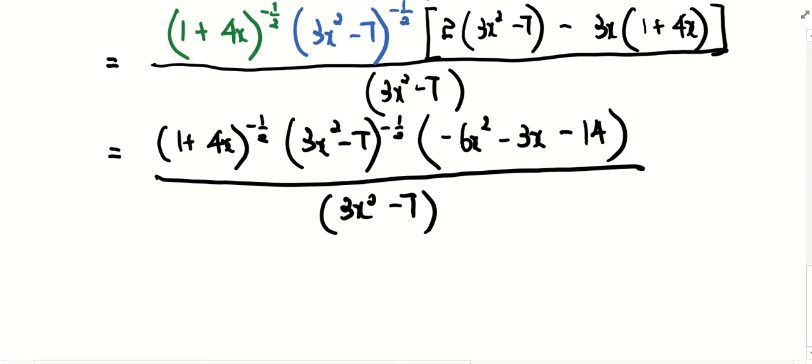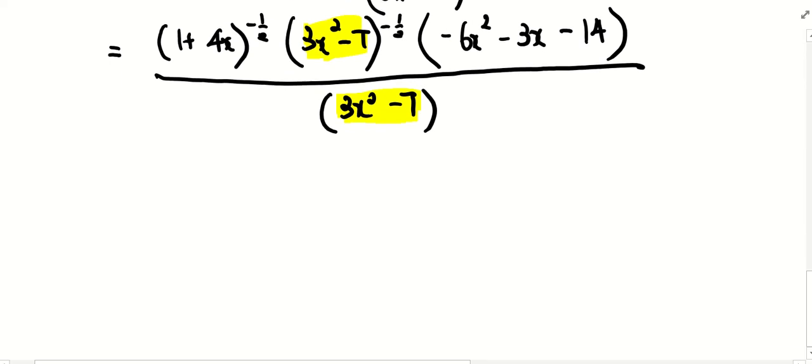So some students will give me this as the final answer. But you're not wrong, but it's incomplete. Can you tell me why my answer is incomplete? You can further simplify. Now I'm going to highlight. Can you see this term? They are the same. If they are the same, you need to combine them together. When I say combine together, it's best to put it as a positive index. So if I want to put it as a positive index,